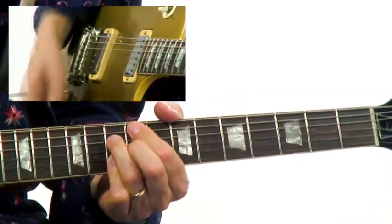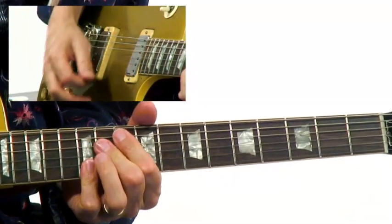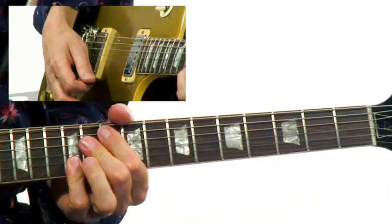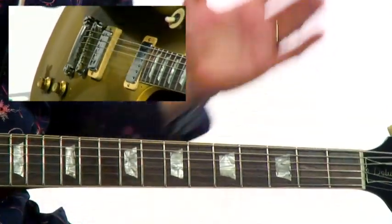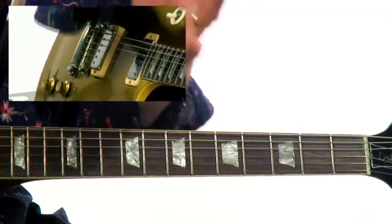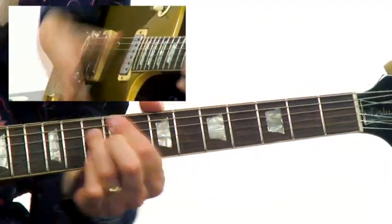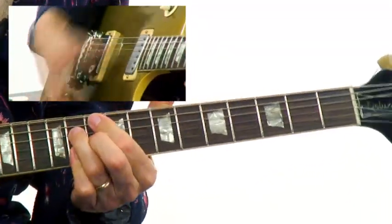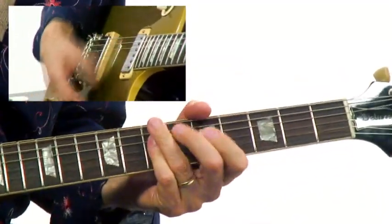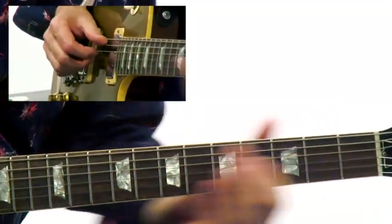And then you notice those chord voicings are pretty close to each other. So these chord voicings being very close together is also a good thing. Keeping your movement kind of concise. You're not playing this here and that up there or down there. You keep everything kind of as close to each other as possible. Like that. And I think I also played